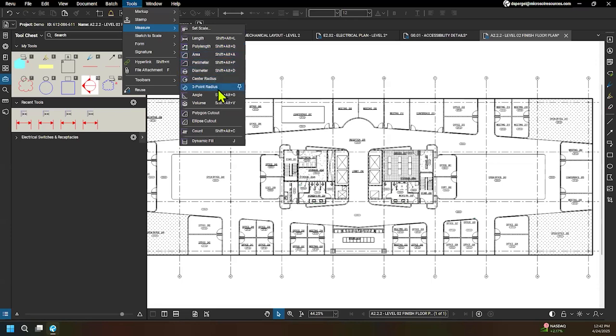Diameter, center point radius, and 3-point radius are all for arcs or circle related measurements. You get angle measurements as well for slopes or grading. Volume will essentially give you, you add a depth value to an area measurement and it will give you the volume. So pretty basic. Polygon and ellipse cutout are essentially if you wanted to take a chunk out of an existing